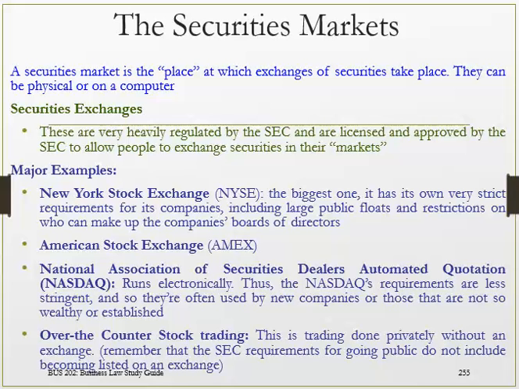Some examples include the New York Stock Exchange, the American Stock Exchange, the NASDAQ, or the National Association of Securities Dealers Automated Quotation. These are all things that in the old days were actually done physically, at least not the NASDAQ, but the New York Stock Exchange. In the old days, if you had 100 shares of Coca-Cola that you wanted to sell, you'd go down, you'd tell a broker, or somebody who had a seat on the New York Stock Exchange would come out onto the floor and say, I have 100 shares of Coca-Cola, anybody want to buy it? And then somebody from across the room would say, yeah, I want to buy it, and that's basically the way it would work.